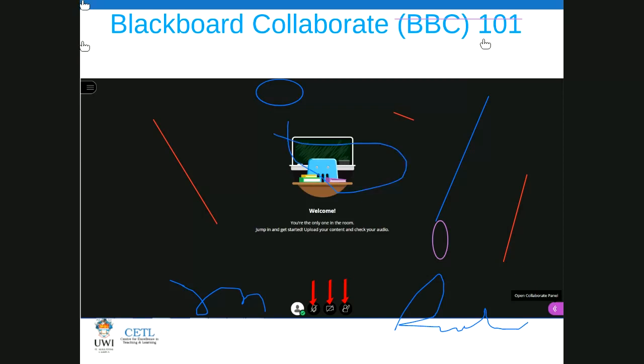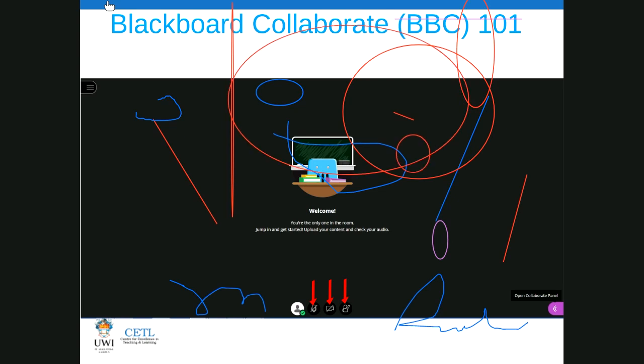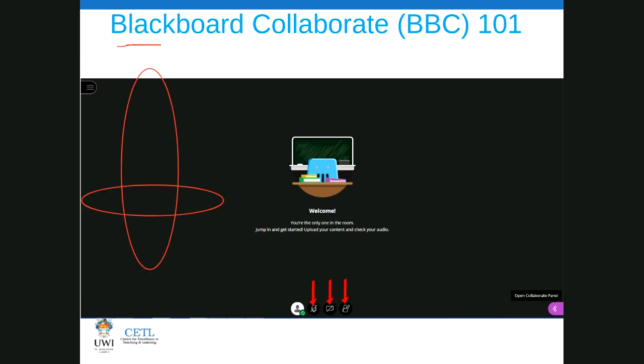Now, as we were on the icons on the top, we looked at the text icon, we looked at the shape icon. The pencil icon is something, let's say if you want to draw an arrow to highlight a particular thing, all right, the pencil is something I might use to draw just a quick arrow to highlight this. And I like how we're listening. So somebody's drawing, we're all drawing arrows.